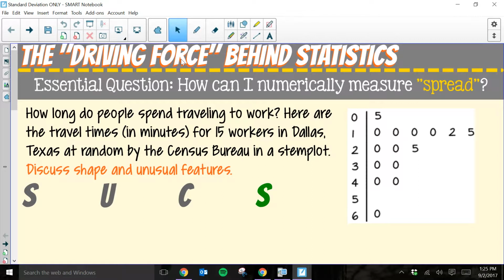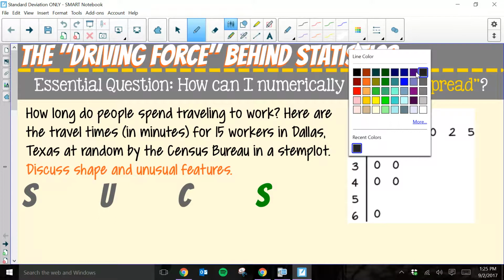Our essential question, how can I numerically measure spread, is really the big question we're going to be trying to answer in the video. So the first thing we're going to look at is how long do people spend traveling to work with various travel times. Notice I have 15 workers right now that I'm working with, and I have a stem plot to help us show. So when you are describing data of any kind, the biggest thing you have to talk about is